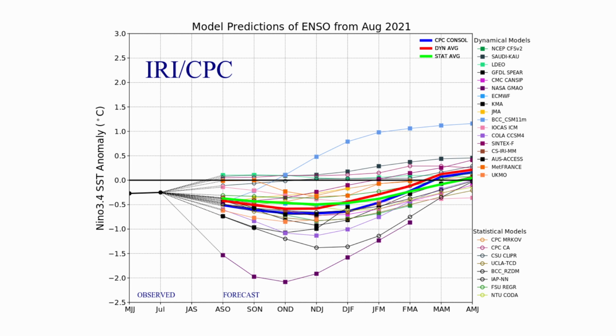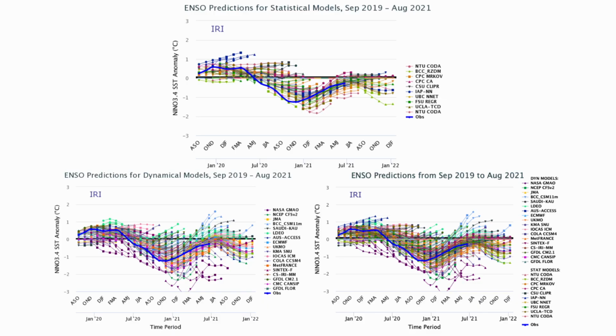If you look at some of the model predictions here, and again, these are the model predictions that go way out, so they go months and months out, and this is an average, so I trust this way more than if I was just looking at 1 or 2 models. But the average of almost 50 models here, we're right here, is showing that we're right around half a degree below normal, so that would put you into La Niña territory. If we're looking at the breakdown of this, you have statistical models on the top, dynamical models on the bottom left, and then all of them combined on the bottom right.